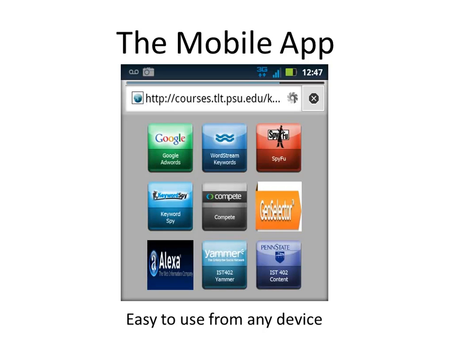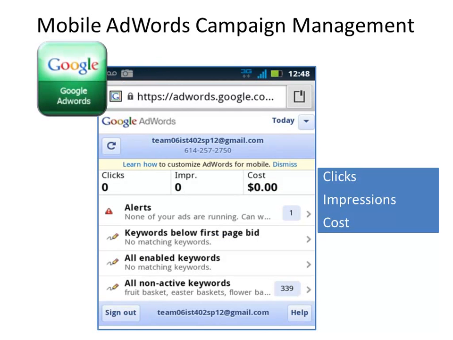And then we have Yammer, which is our networking and classroom site that we use a lot, and IST402 content, which is pretty much any information that you would need to email the teacher about is pretty much posted. Everything there, advice, tools, stuff about the class. So it's pretty helpful, and it is really helpful through our campaign because our campaign hasn't started running yet, but